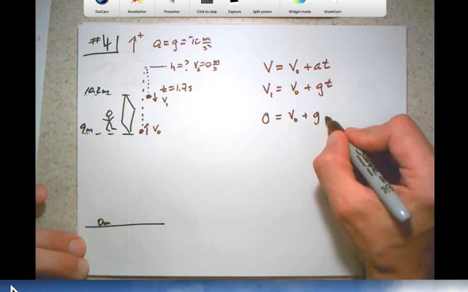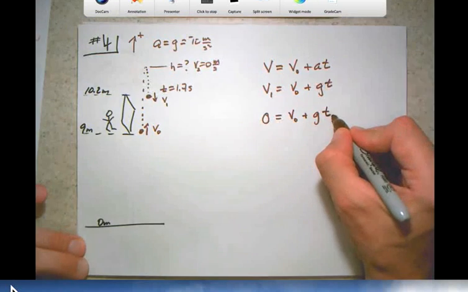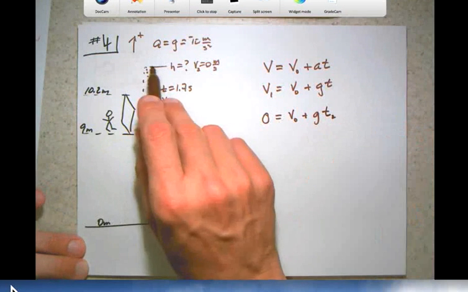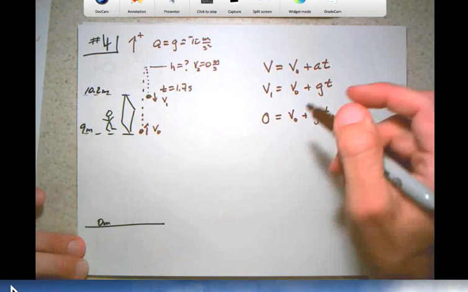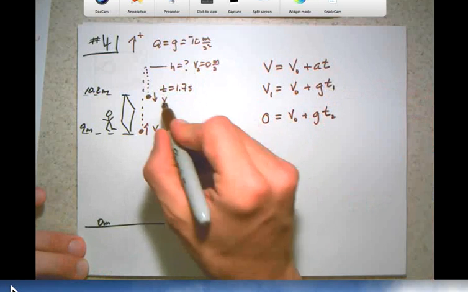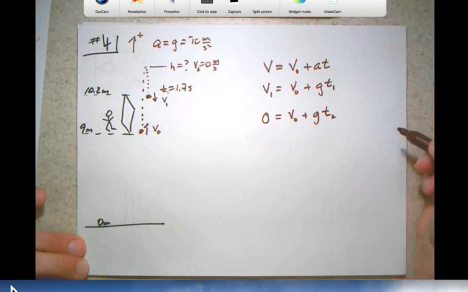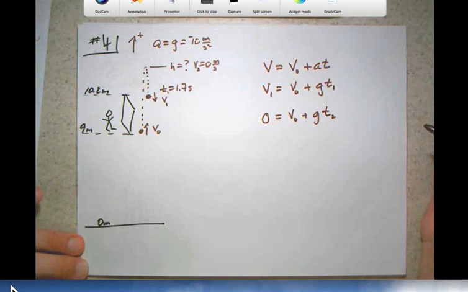So I'm going to call that T2, because it's the time to get up to the position where it is V2. Whereas this is T1, and T1 is 1.7 seconds. That height above V0